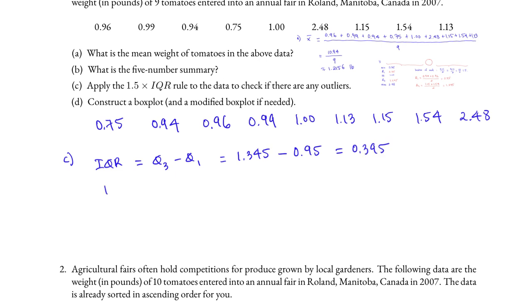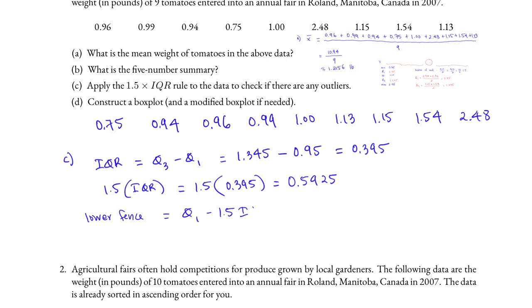1.5 IQR is 1.5 times the IQR, which is 1.5 times 0.395. This will give us 0.5925. We then find the lower fence, which is always Q1 minus 1.5 IQR. Q1 is 0.95 minus the 1.5 IQR, 0.5925, and this will give us